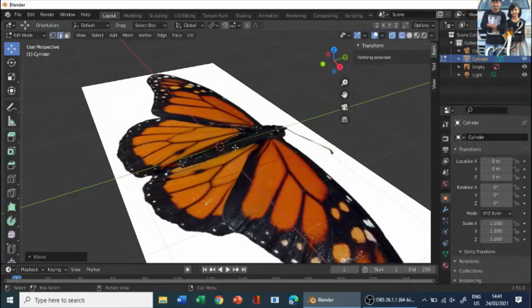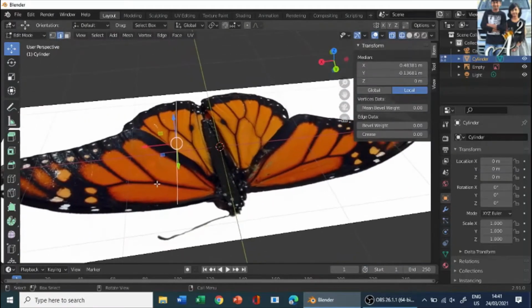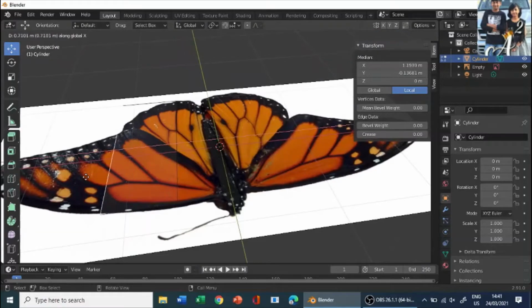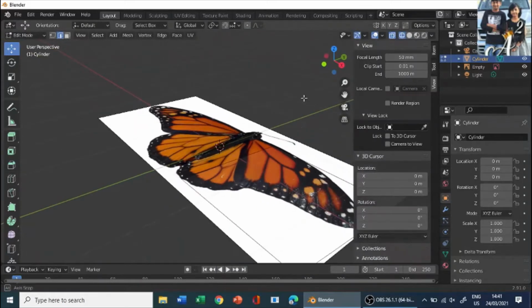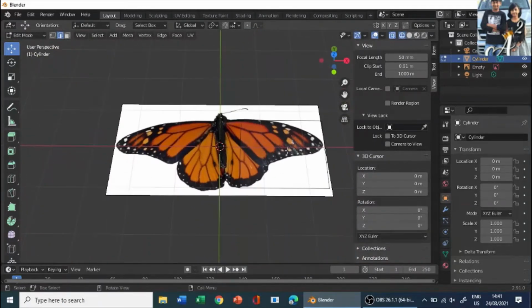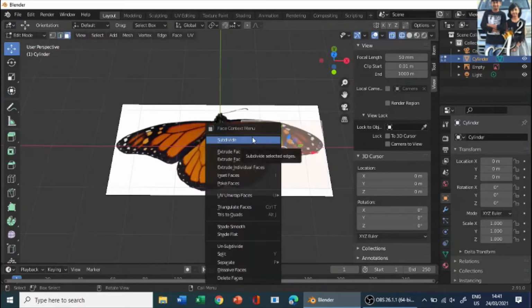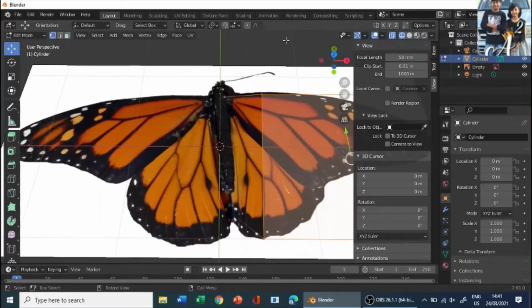So now let's go to the line thing and let's select this side and extrude it on the x. So E to extrude, and on the x just make it bigger, just extend it as much as we can. So after extending, I need more vertices points, right? For that, what we can do is there are two methods. Go to face select, click on your face, right click and subdivide it. Otherwise, you can just add a loop cut wherever you need. So for me, loop cut is much better.